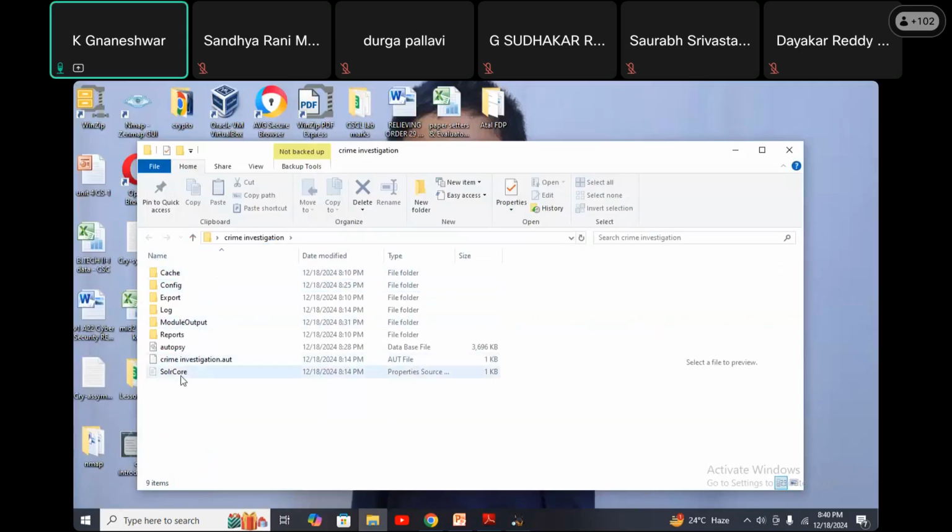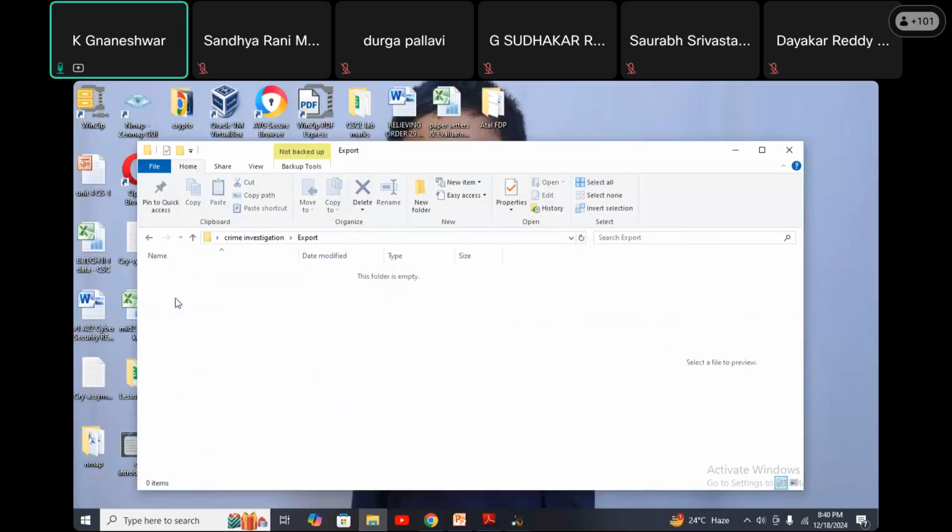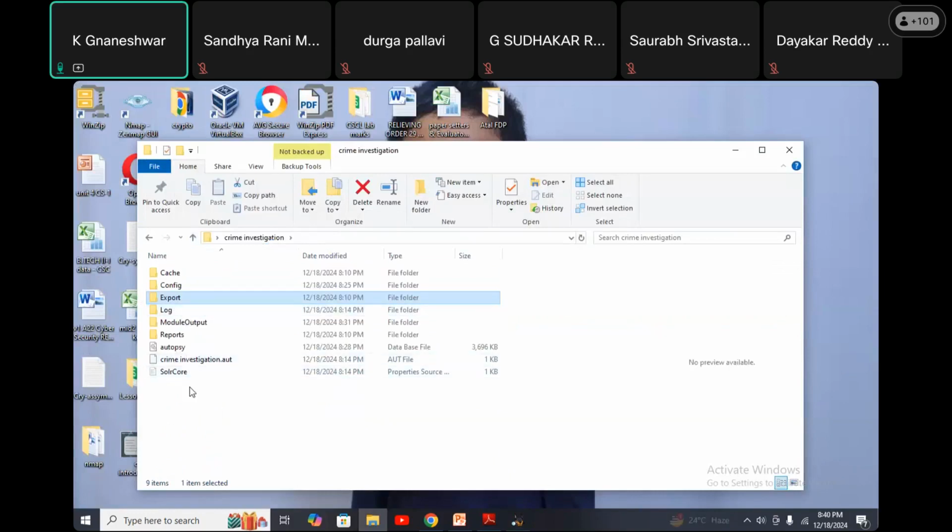Total data is saved here: cache, config, export, what we exported, and everything is analysis data only. This is only the database creation, but we can recover everything from the Autopsy tool.